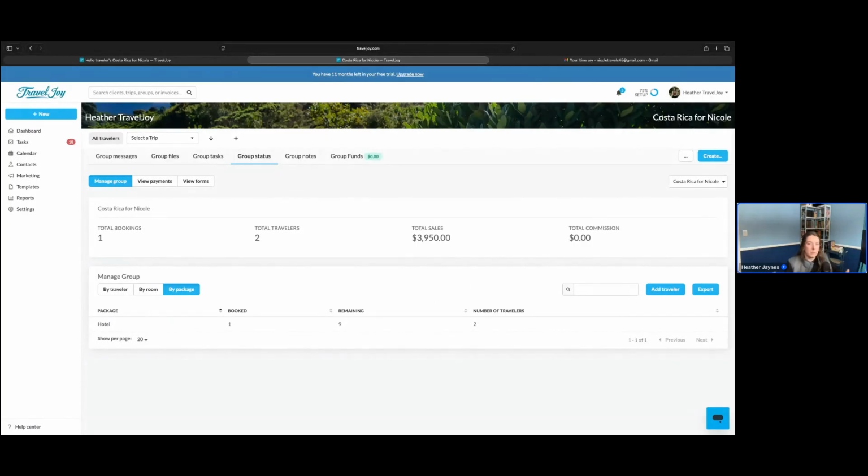Now, I know that we moved pretty quickly through all of these steps today, and that was intentional. I wanted to give you a clear end-to-end view of how groups and group booking pages work so that we could leave plenty of time for your questions. And the main takeaway from everything that we covered today is that there's a small amount of setup, especially with group booking pages, that can unlock powerful automation. That automation can save you time, reduce manual work, and it creates a smoother, more professional experience for your travelers. TravelJoy is designed to help you manage group trips with less effort and more clarity so that you can focus on planning great trips and growing your business.